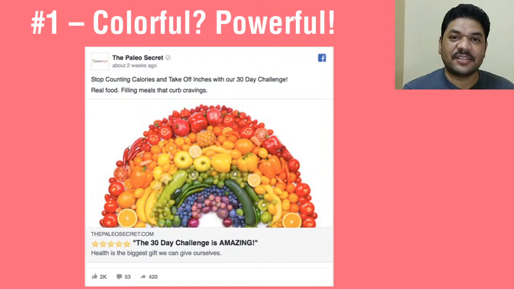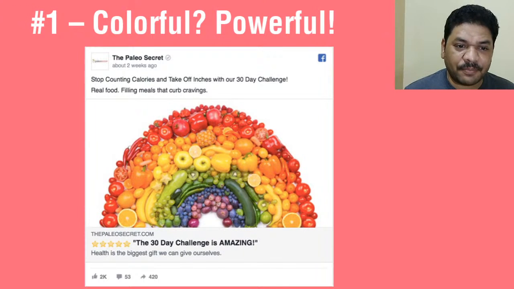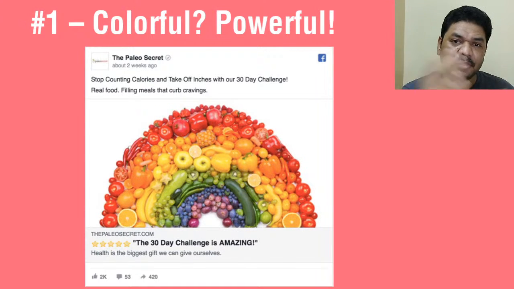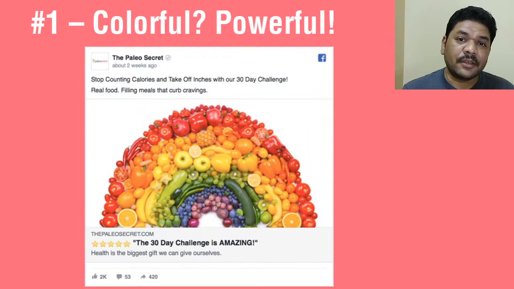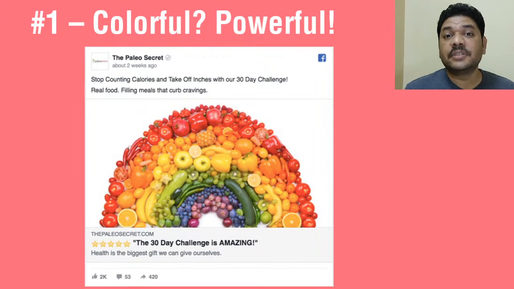This more colorful image you are seeing here, I think it's a Paleo Secret page. You can see multiple colors used here, and as I told earlier in day 2, colorful is more powerful. If you think from your audience's side, they are browsing and seeing many ads, and if a single picture contains more vibrant colors, they stop there. They ask, oh, what's this?